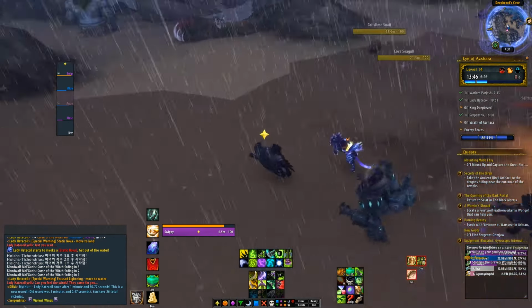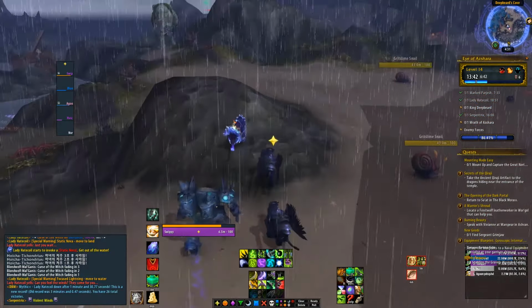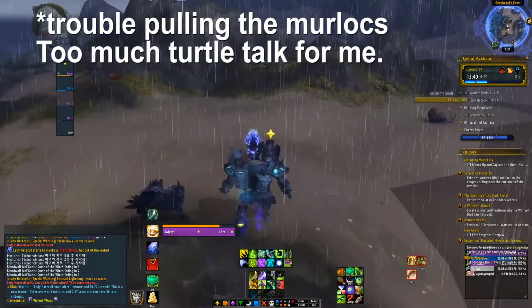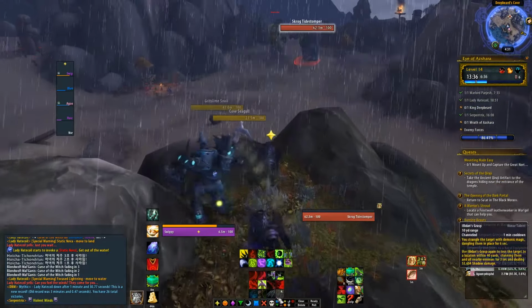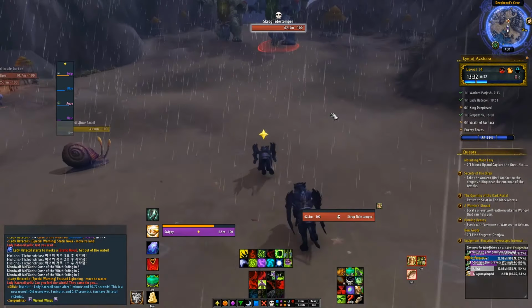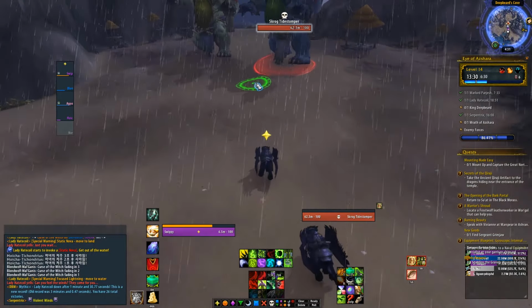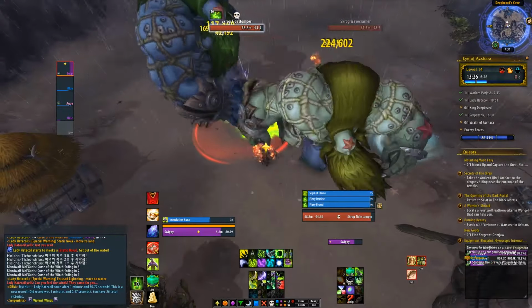So I do really straight lines here. If you ever have a group that's having trouble pulling the turtles, kind of run diagonally away from them, and they'll kind of follow you a little bit. You can put markers down if you want to. I used to put markers down. In plus 14, people have done this dungeon enough to not need it. But,